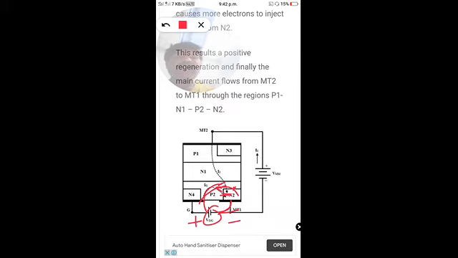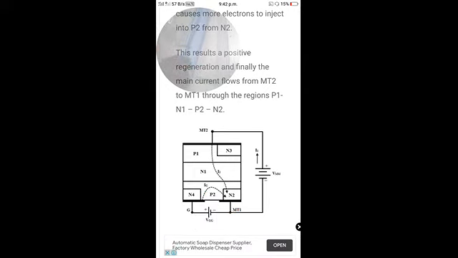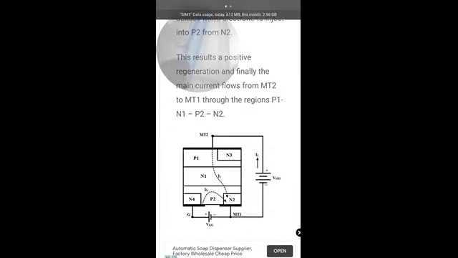So as we are increasing the gate voltage further, more and more electrons will be injected into the P2 layer, and these injected electrons will now be attracted towards this junction J2. See, so here we have 3 junctions that are formed in the triac. So let us see the biasing condition before going to the operation. Let us see the biasing condition with these 2 voltages.